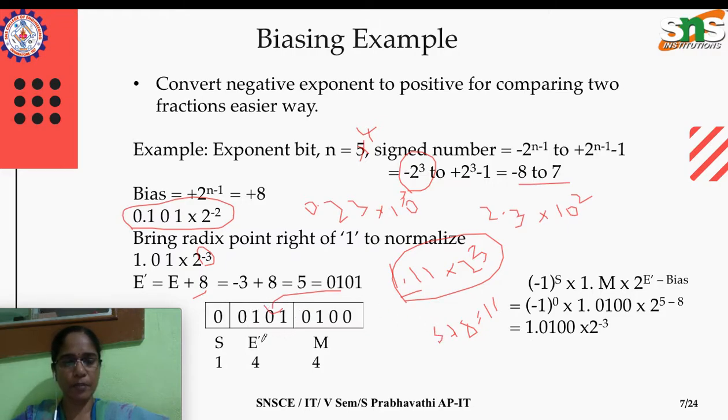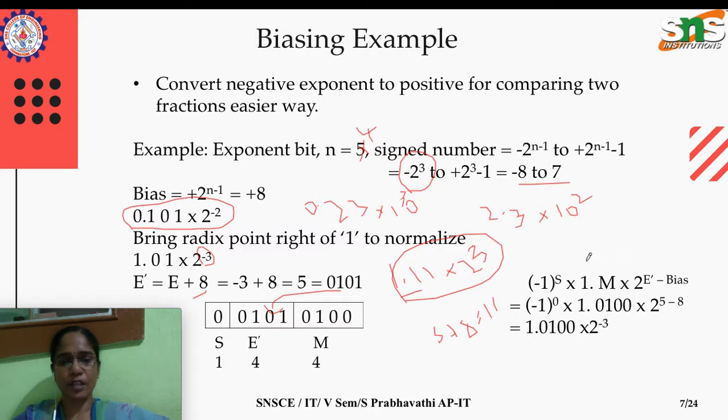So for that purpose only, we are converting the given real exponent into a biased exponent, and at the end, after this calculation is over, we need to unbias it to get the real value. This is not the real value, is it not? For storage purposes and for easy comparison of exponents, we are doing this biasing. And at the end we need to convert back again to get the real value.